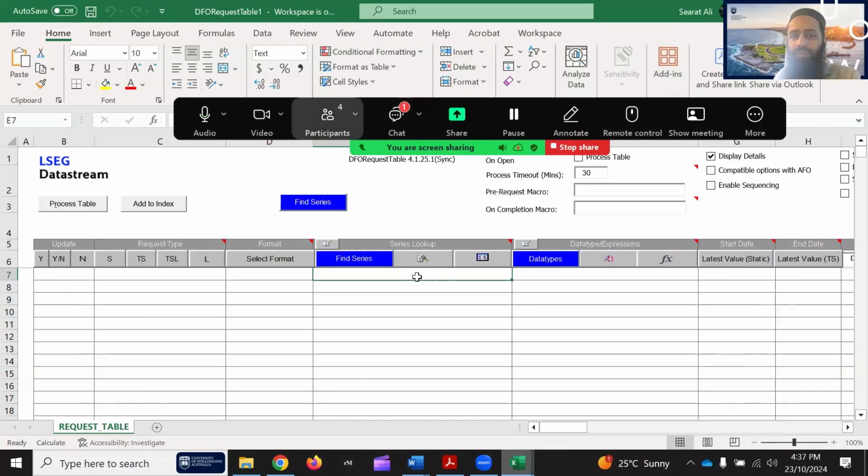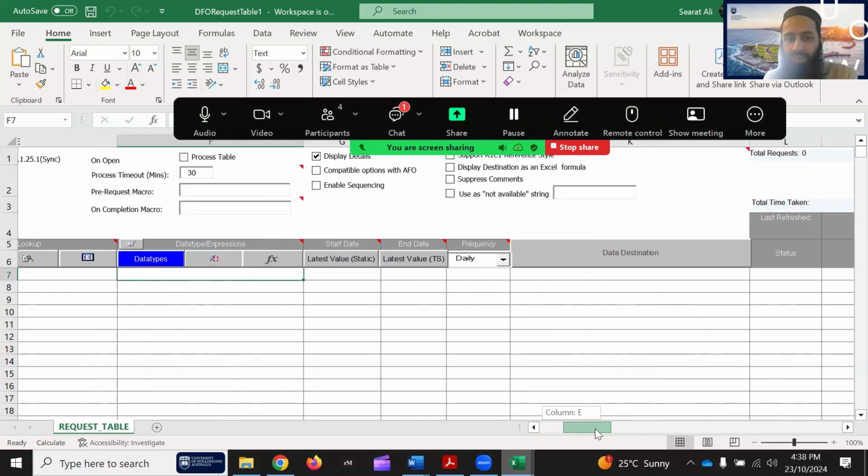So if you identify the list from here and the data type from here, you again click on this data type. You can search for ESG, environmental, social. A new dialog box is open. You can bring the data type. And you can select the format and type of your request and the sample period. Sample period here, start date, end date. You can put your particular dates from start to end, and frequency, yearly, weekly, quarterly, and so forth. And then you can say where you want the data to be exported?